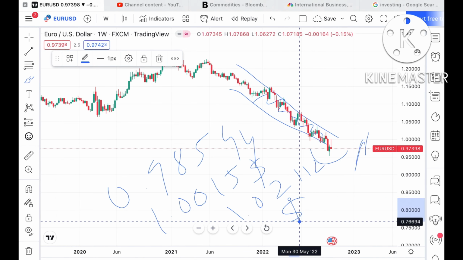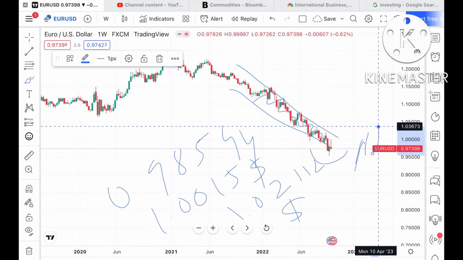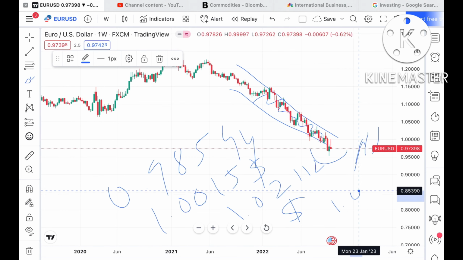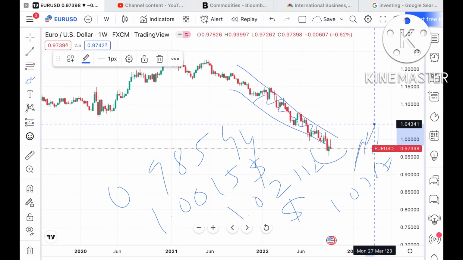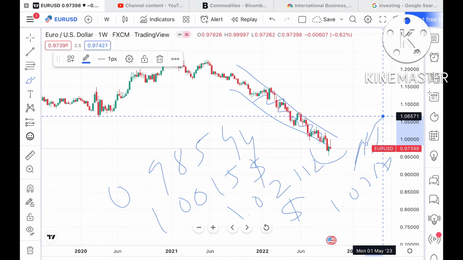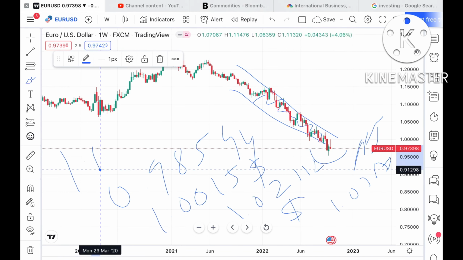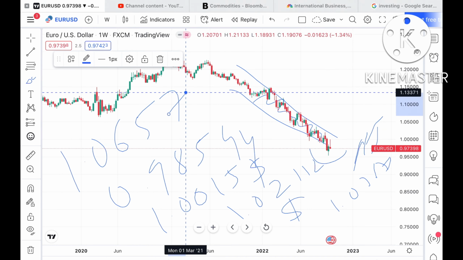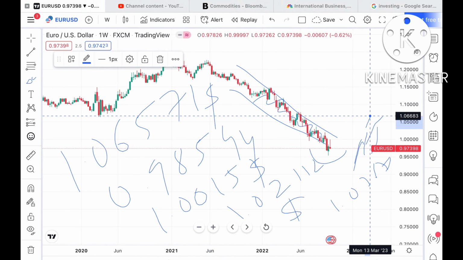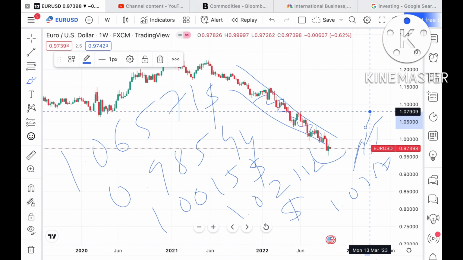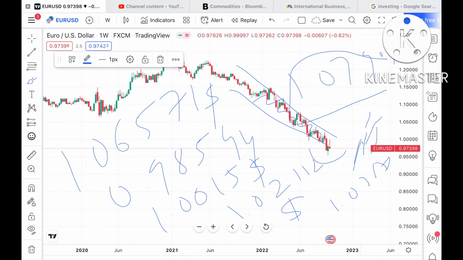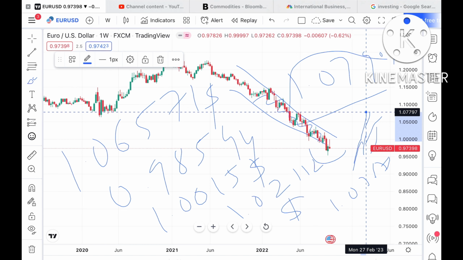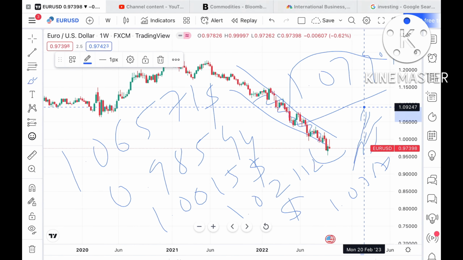$1.02112, and from there further upside towards $1.03673. If the price goes above this level, there is a higher probability of moving further upside towards $1.06571, and from there towards $1.07909. And if the price goes above that level, it can go towards a level of